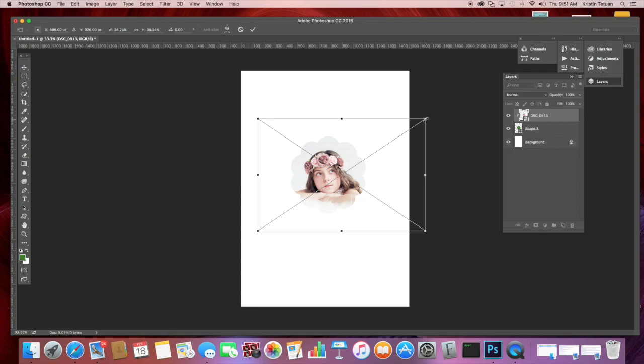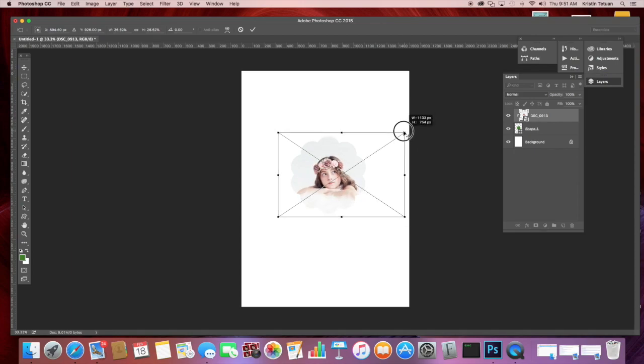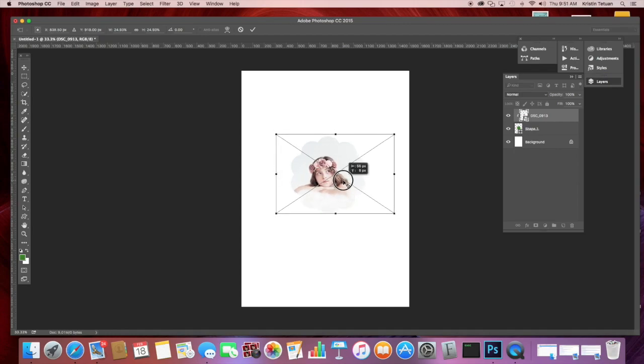So what I'm going to do is select Shift Option on my keyboard. I'm going to hold that down while I adjust this. What that does is that keeps my central point right in the same spot, and it scales it down so that the aspect ratio is maintained. And then I press Enter to place the object, and there you have it. I have created a layer mask. I'm sorry, I've created a clipping mask with the